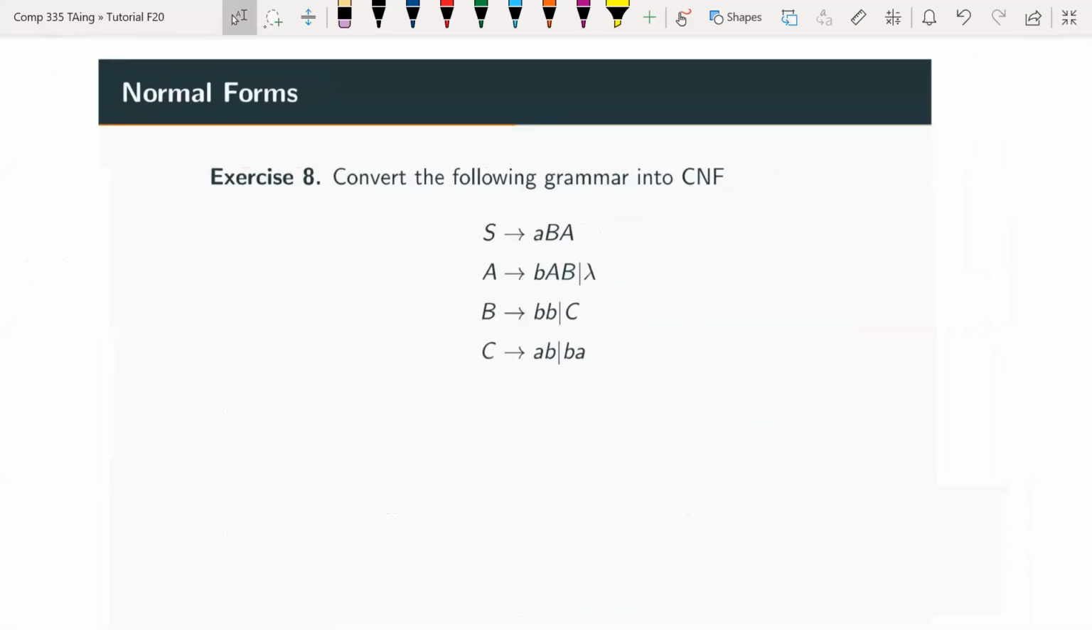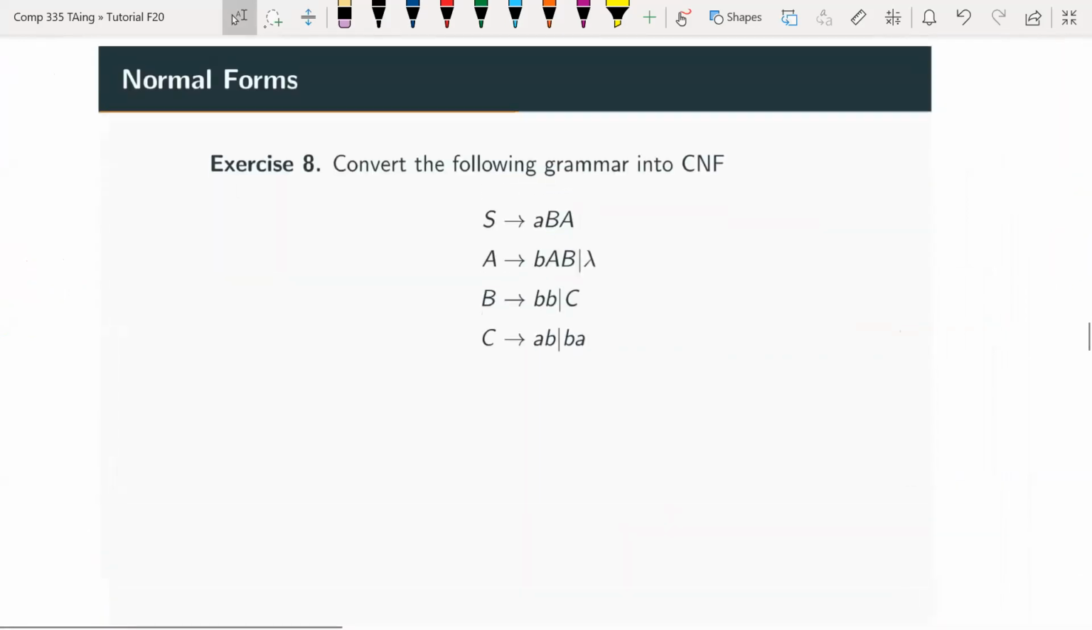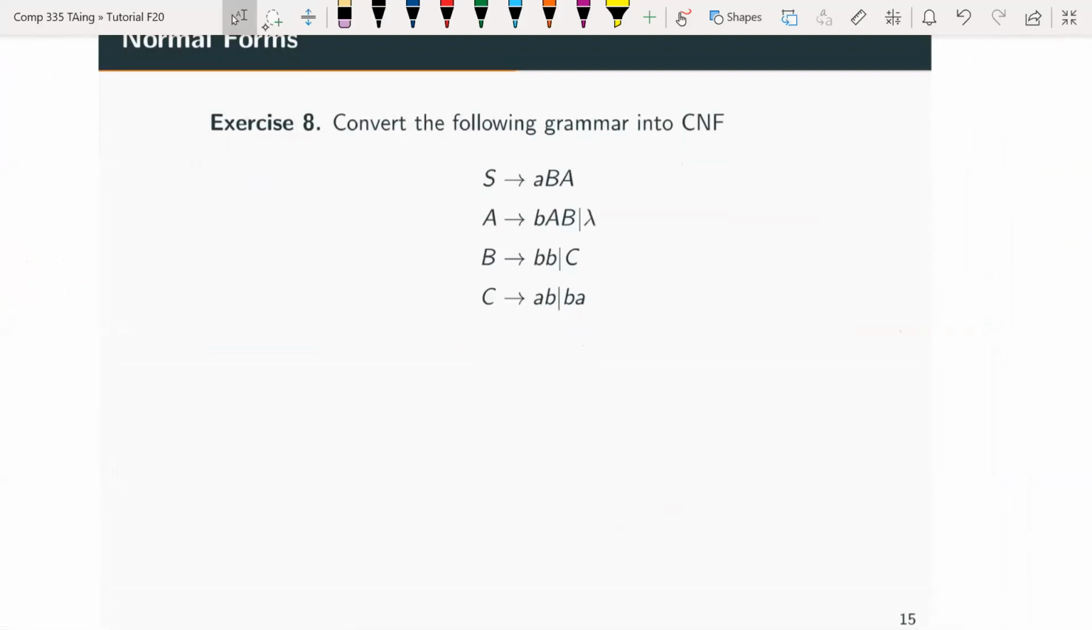All right. Just because of time, the next question was about converting grammars to Chomsky normal form. I'm thinking of skipping this one because there's not really a trick here, and the solution is there. I don't know how everyone feels about that, but